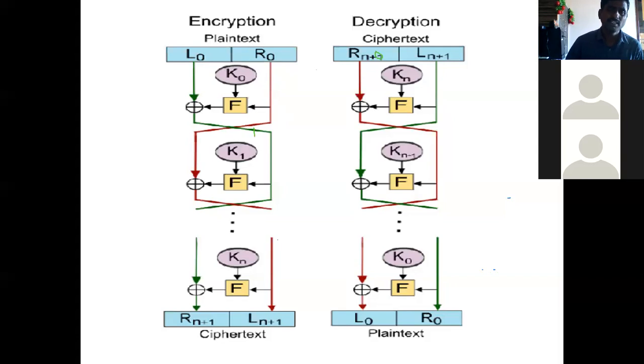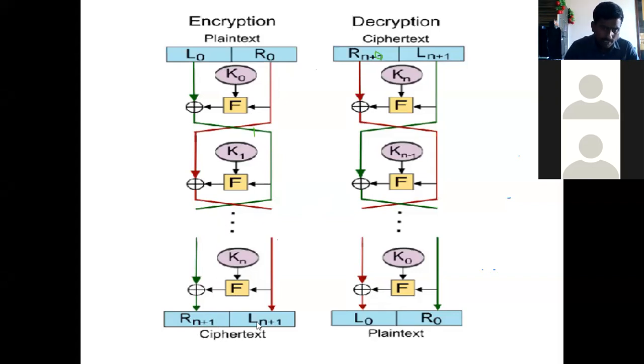And similarly, this half data is given as an input to the left hand side, and this we call one round, as I told you. Like this, we have multiple rounds. So it starts with L naught, R naught with K naught, and then K1, K2, K3, and so on up to Kn. So what is the final result we got here? We got Rn plus 1 and Ln plus 1. This is the ciphertext, right? We have performed the encryption on the plain text, and finally we got the ciphertext.